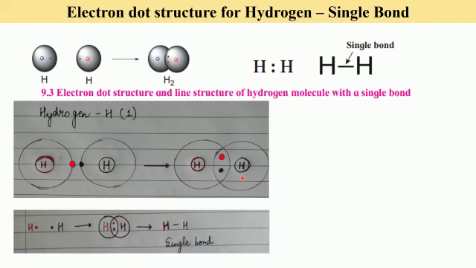Now, this is going to form a hydrogen molecule. 2 atoms of hydrogen getting together to give rise to a hydrogen molecule. So this is another way of representation, 1 electron with 1 hydrogen. This is also with 1 electron. They share and you get hydrogen-hydrogen single bond. This is how it is read. Hydrogen-hydrogen single bond.